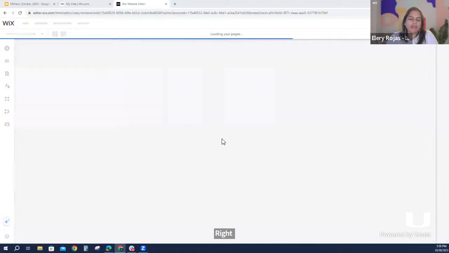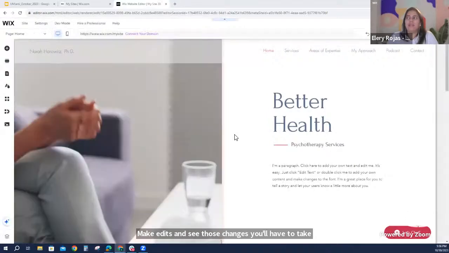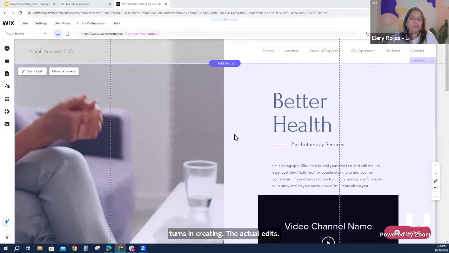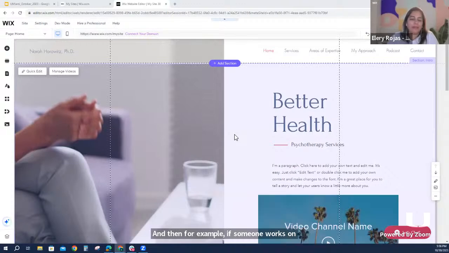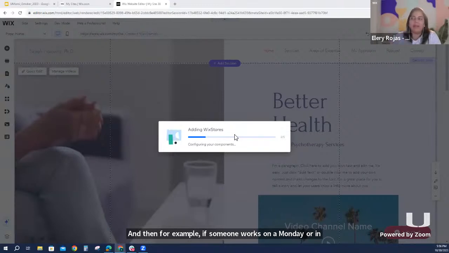As you're editing your pages, it's not like a Google Doc where you can simultaneously make edits and see those changes. You'll have to take turns in creating the actual edits. For example, if someone works on it on Monday afternoon, and then someone else works on it on Tuesday or at a later time of the day,